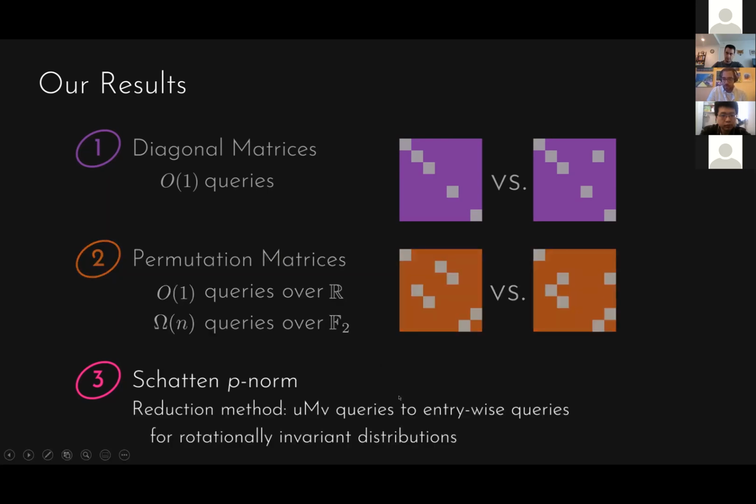And then finally, and this is a result that is much more technical than I can get into in 1 minute, but it's probably the result that has the most chance of being useful in other places. So we look at the Schatten p-norm, which is a matrix norm. That's not really important, but the point is that we find a reduction method in a certain case where you can simulate these queries with entry-wise queries, assuming your matrix is random in a certain sense. So if it's random and rotationally invariant is what we call it, but basically you can permute the rows